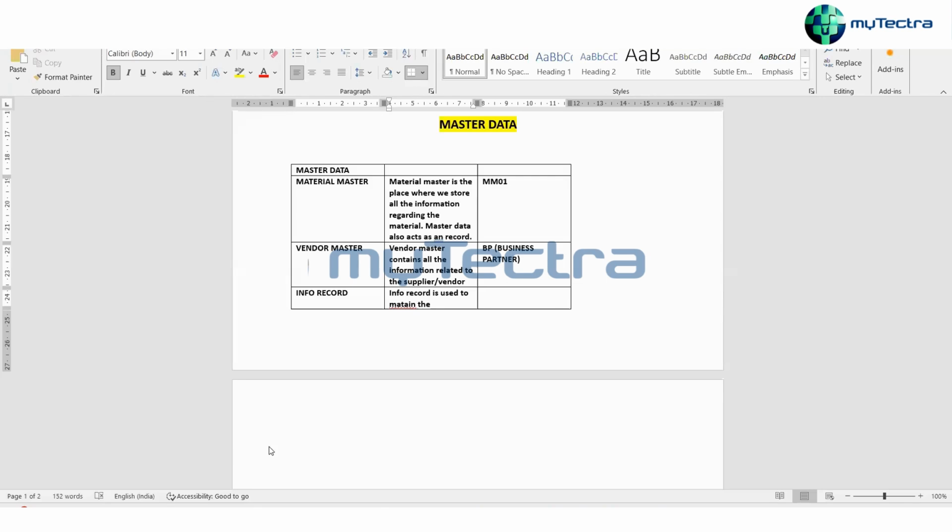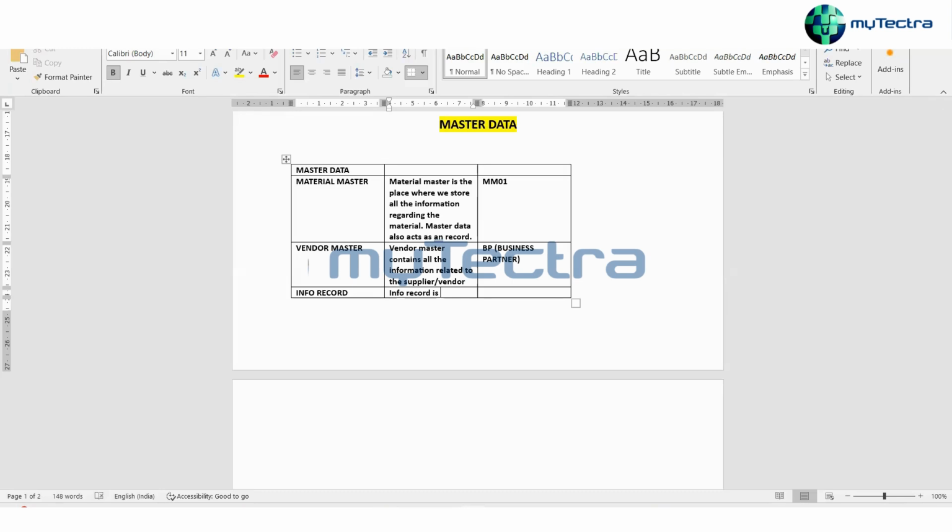So you don't have to go and find what was the last rate which I bought from that vendor, what was his address, what was the plant which I bought for. Basically, it is to see the history of the purchase? No, no history. It is used to maintain the record of the vendor plus material combination. But this is not a separate entry apart from the purchase order, no?